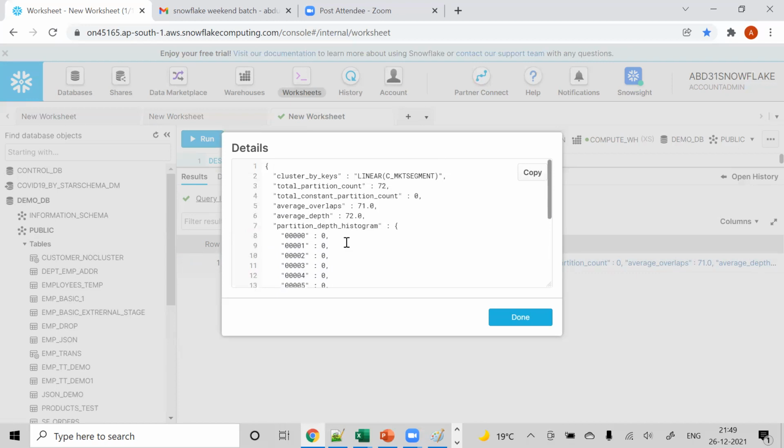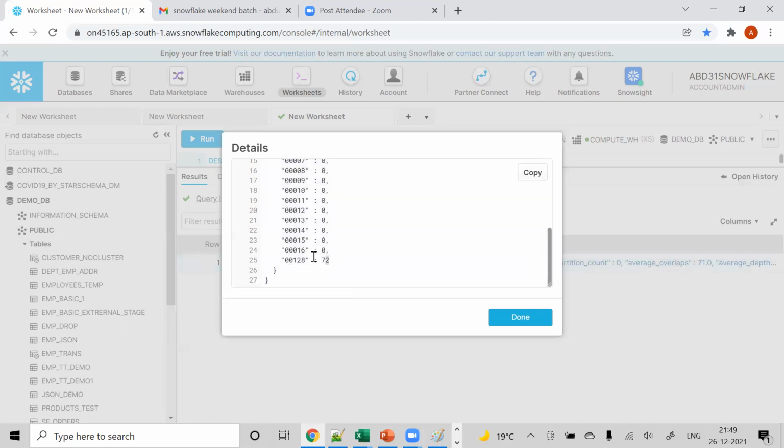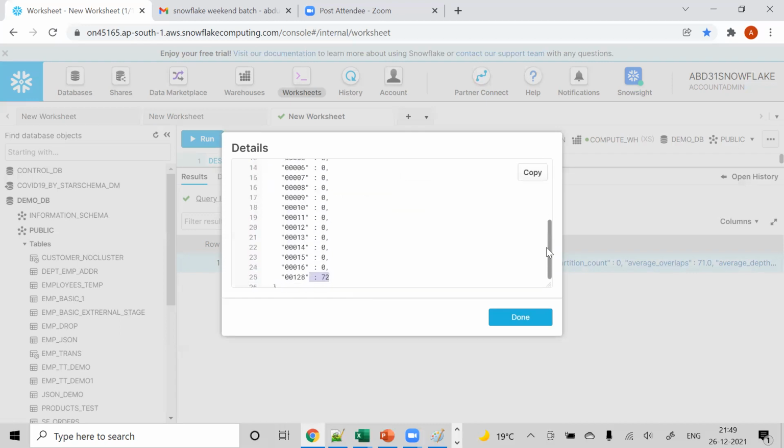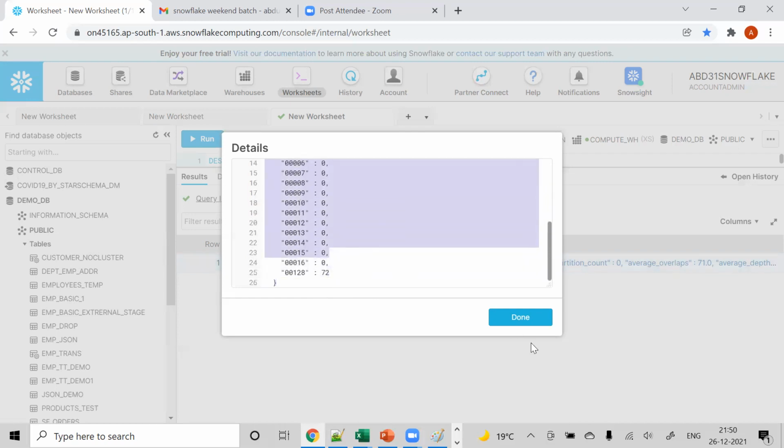And the rest will all have zero depth, which is good, right? Only the last one has a little more depth. So the total number of partitions would be 72, and this would be the histogram depth, correct? Now